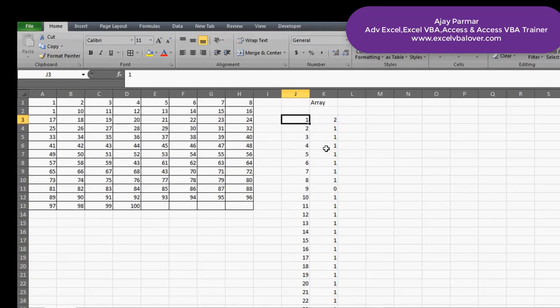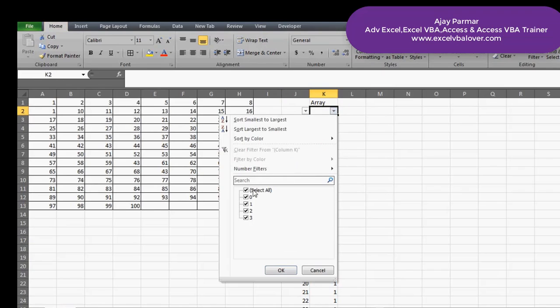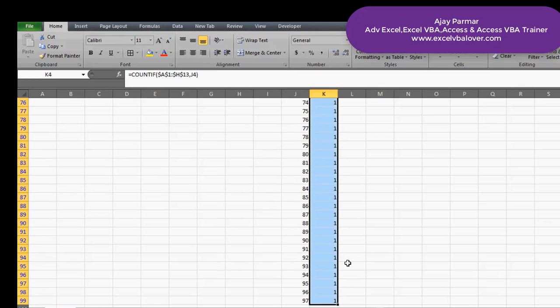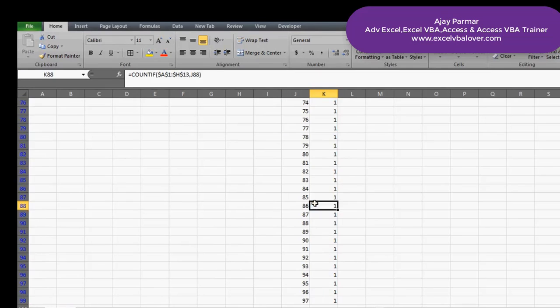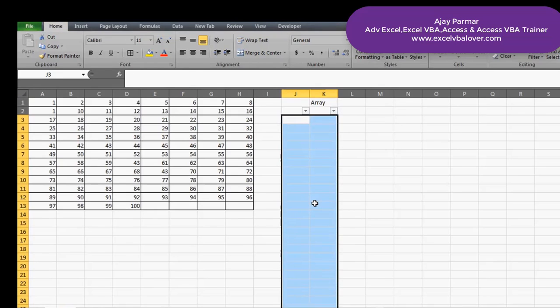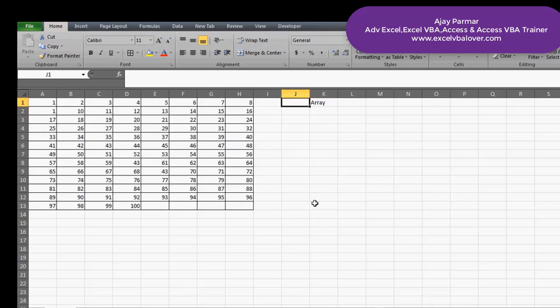You can use the filter over here, uncheck all these numbers, and check how many numbers have their unique value, and they are actually 92 right now. So that's another way, but I'm not going to teach you this way because it is a very boring way, and trust me, this is more like basic Excel according to me. I'm going to tell you arrays with just one formula, how you can make this big thing happen, how you can find the unique values.